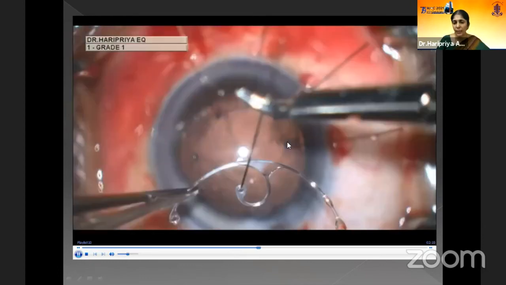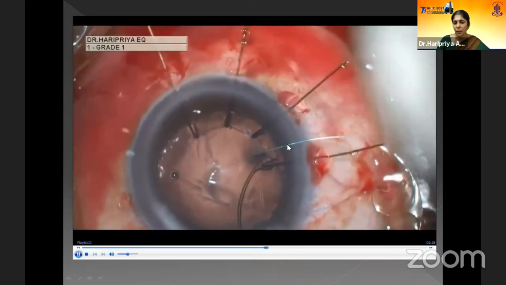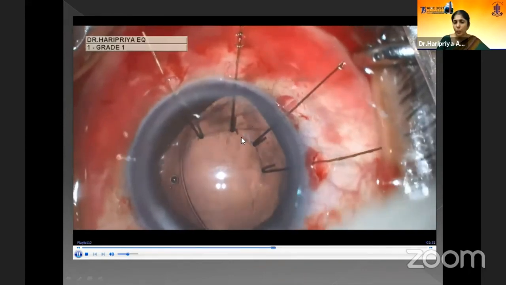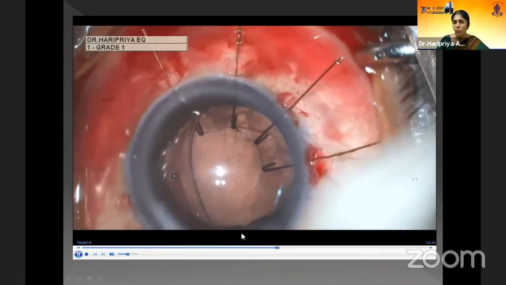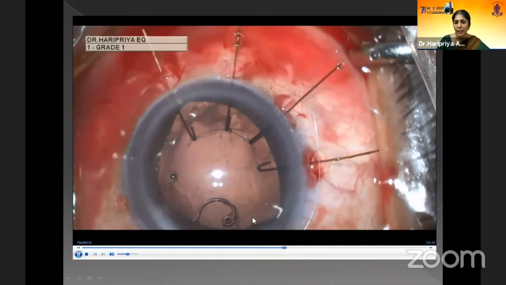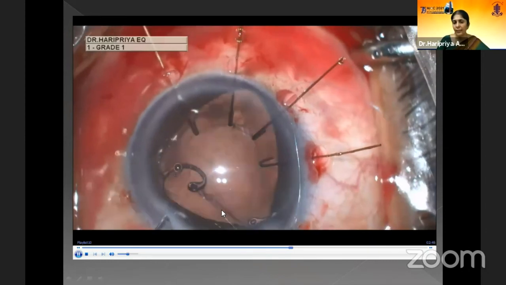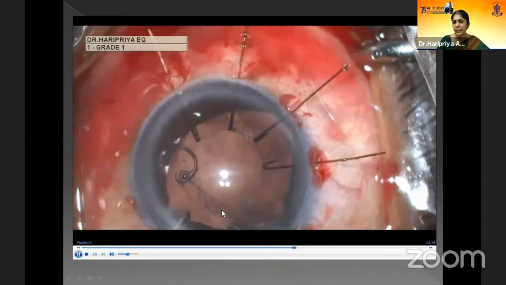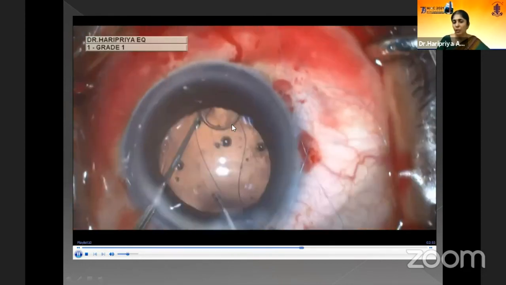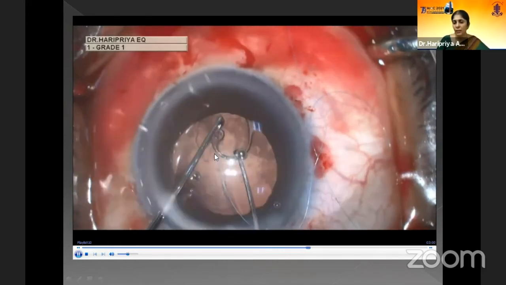Before the Cionni ring is implanted, I pre-thread the loop with a Prolene suture on two long curved needles, and insert the leading eyelet. While inserting, ensure the convex portion of the loop is introduced. A 2.8 mm incision would be required to implant a Cionni ring. So the convex portion, that way you don't have it flexing out. Insert the whole ring, again guided with a second instrument to ensure the trailing eyelet is released within the bag. And then one will dial the loop to the area of maximum subluxation, and the loop is then brought out up above the bag onto the sulcus.